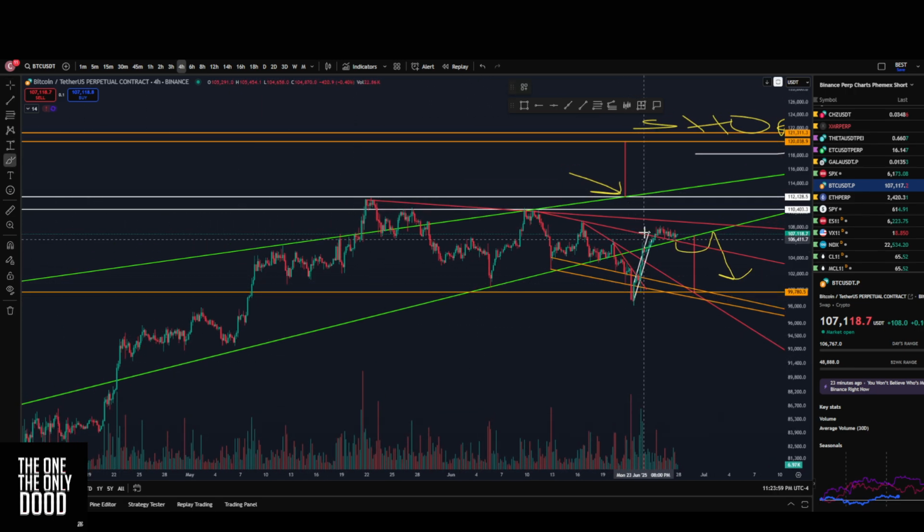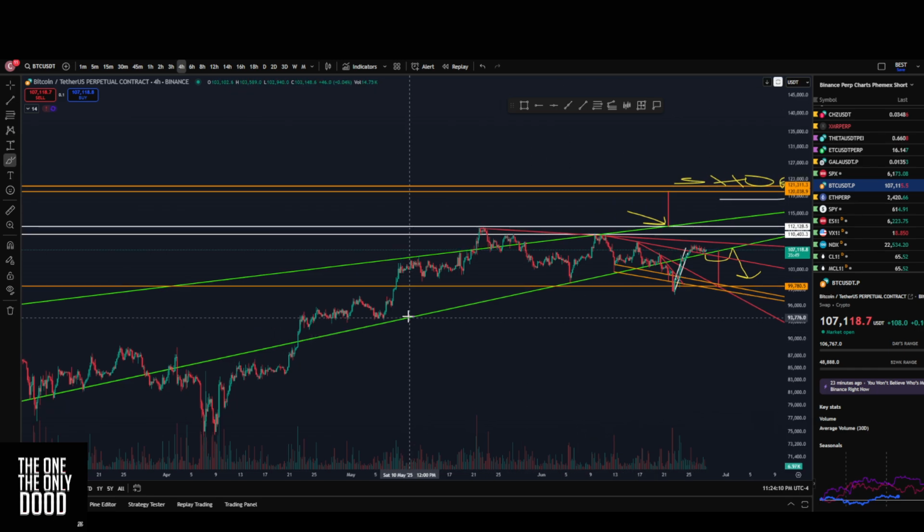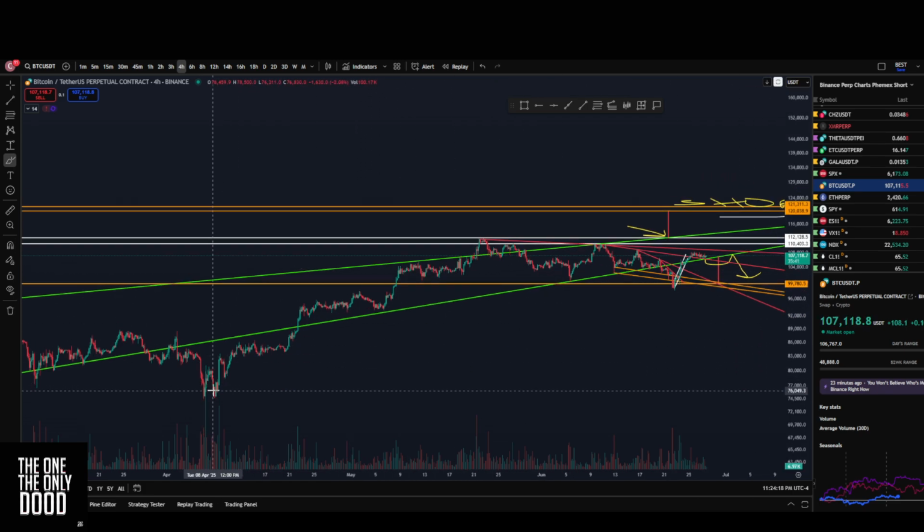So right over here, my chart is really messy, but if you focus on this uptrend right here, and then you focus on this uptrend right here, actually it'll be this uptrend right here. Anyways, when you focus on it, you see when we broke from the bottom of the trend